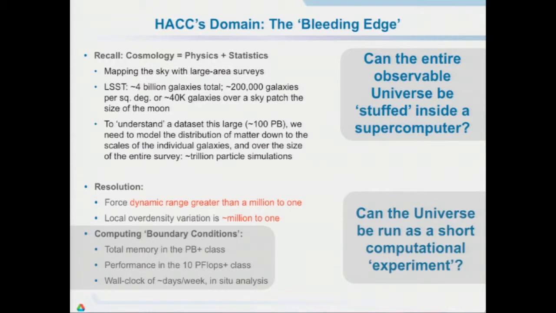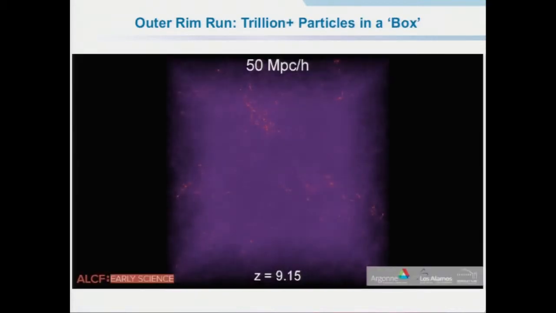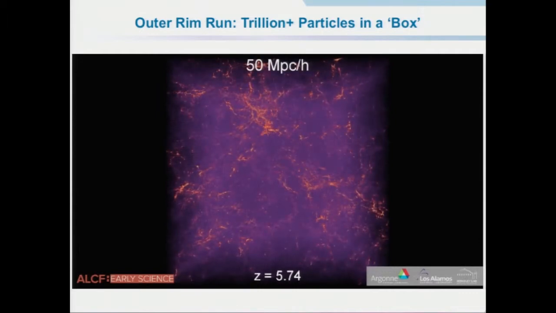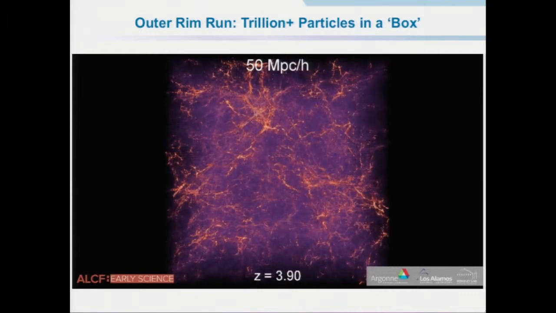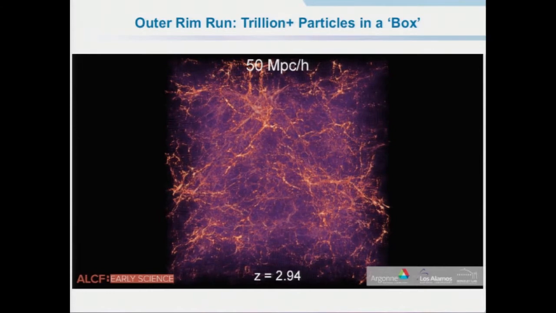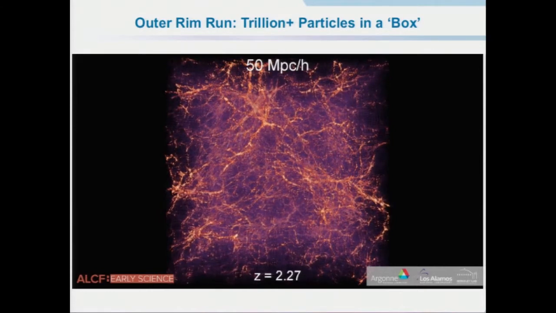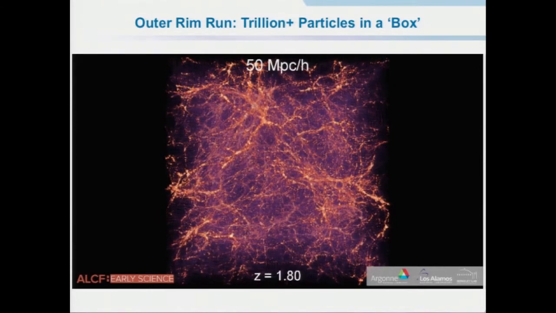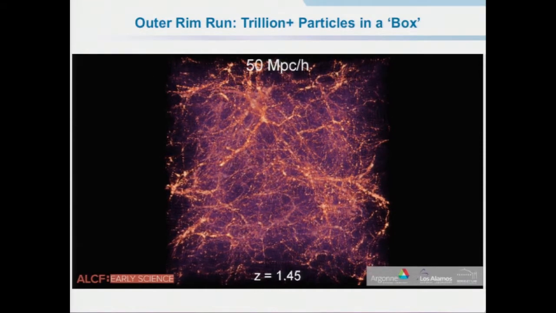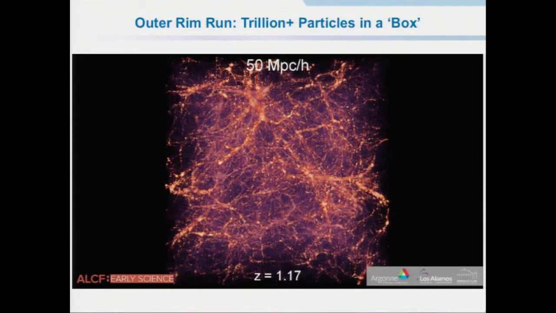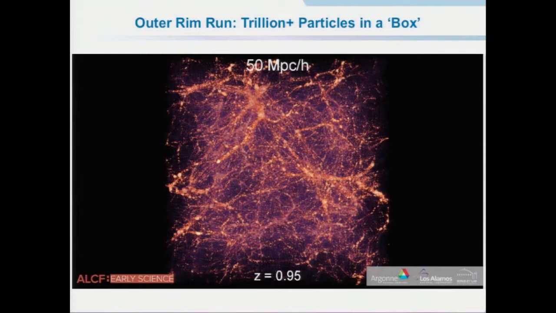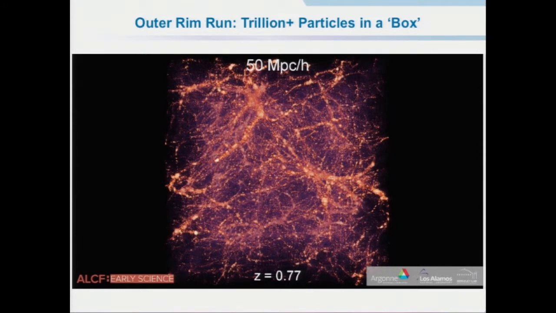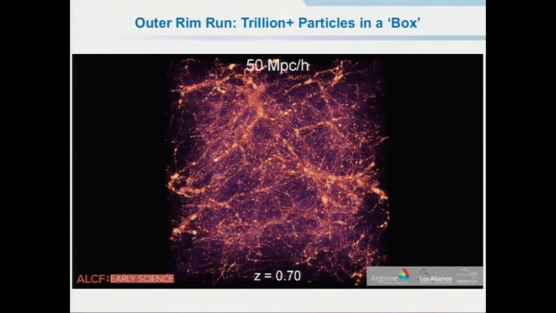So here's an example of a simulation. This is the world's biggest cosmology simulation. It's currently running on Mira. And this is a very, very small piece of it, 50 megaparsec. And you can see how structure evolves over time. And you can see how there's structure everywhere. So I just want to give you this feeling so you understand how the code actually works. So what happens is you have a smooth initial condition, and then these voids and filaments and clumps form.